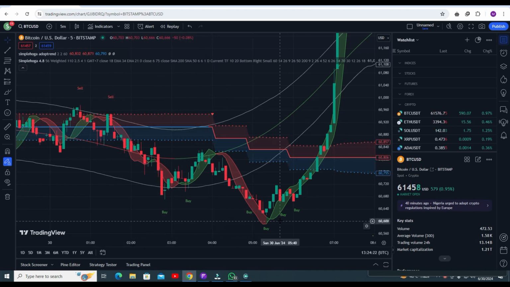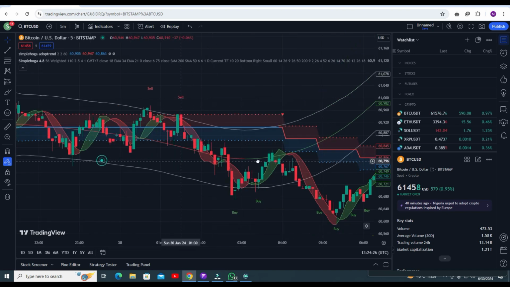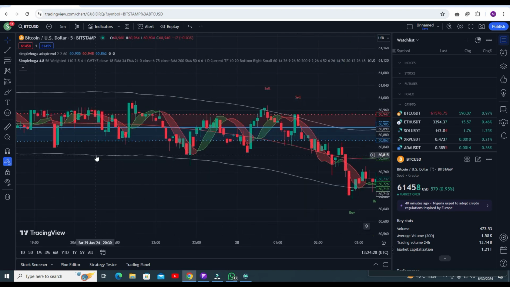You can see there are a lot of buy signals. This is the trend line I'm using here, and I will give you all the details. First of all, do not miss any point from my video, because at the end of the video, if you say I do not understand, then it will be your fault. So how you can get this indicator, each and everything I will mention in my video. Okay, let's start the video.